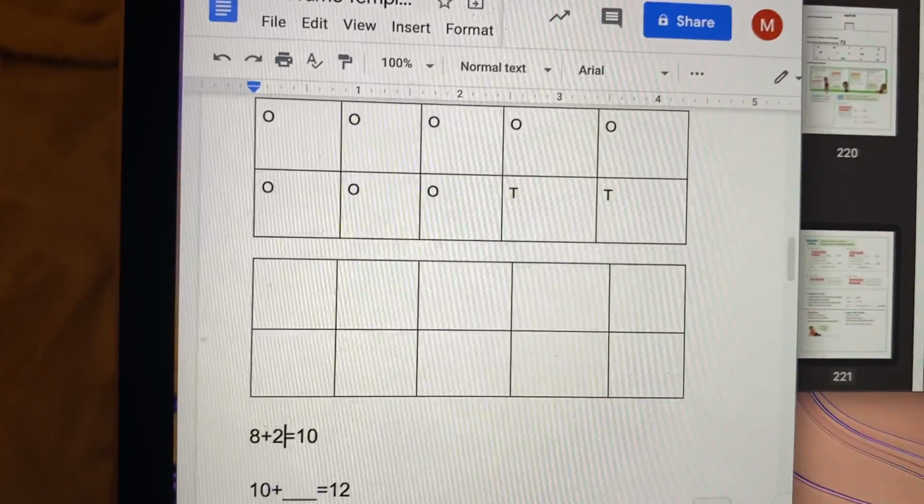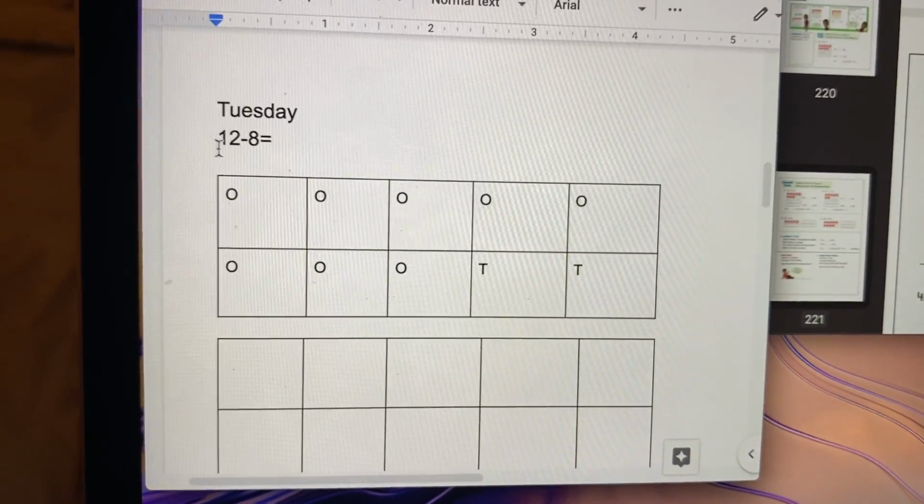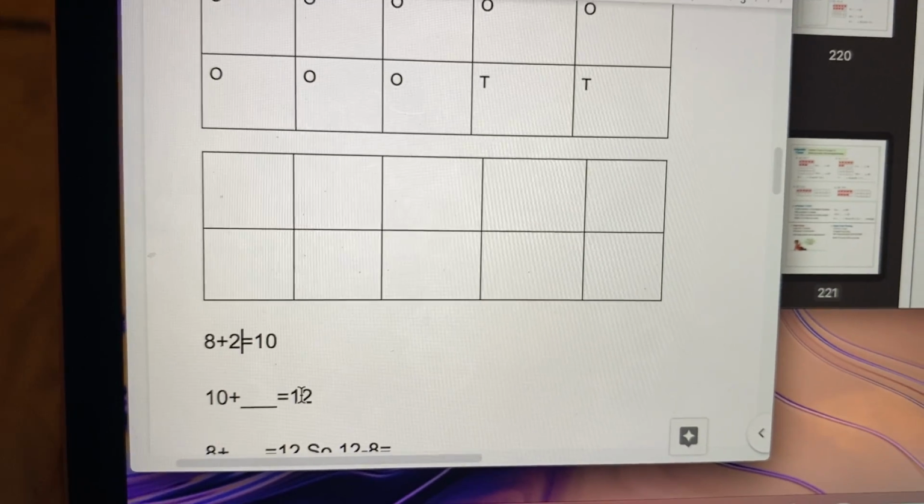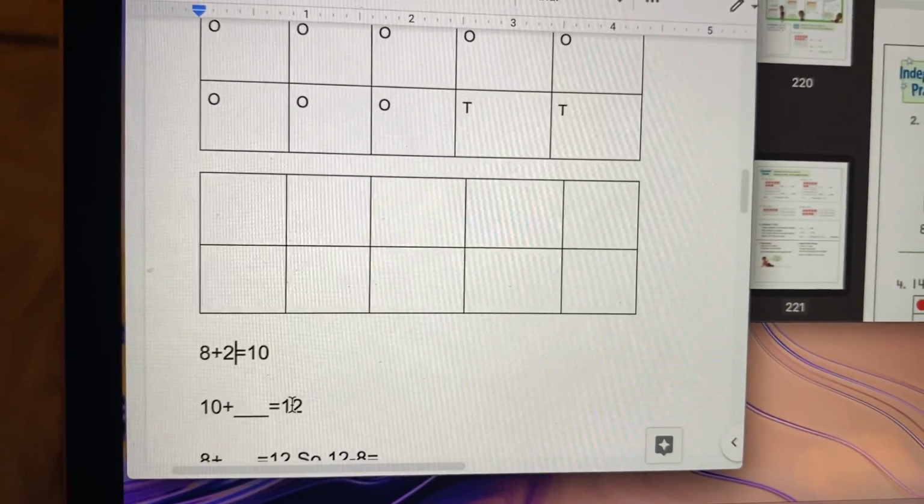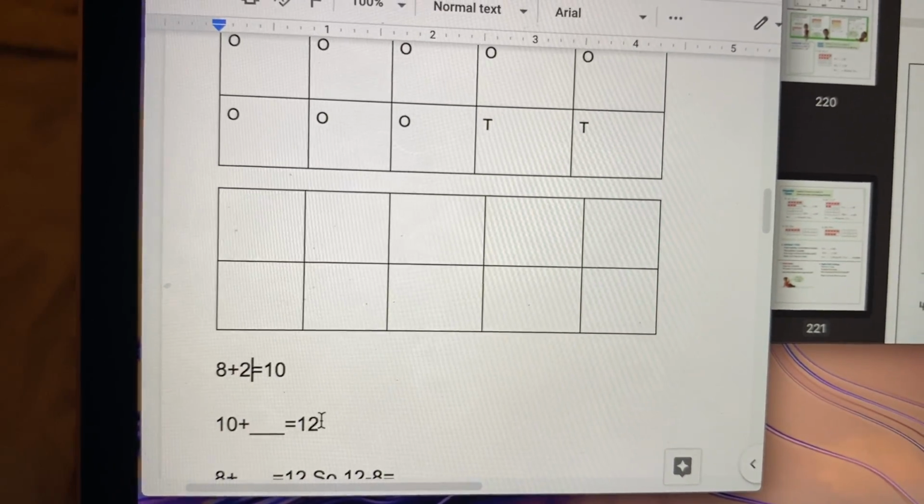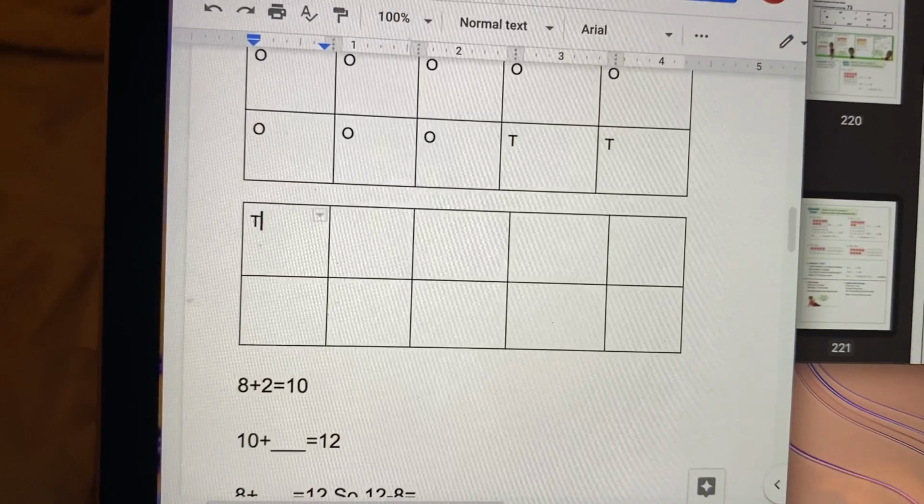But we need to get to 12 because our problem that we're solving is 12 minus 8. So we need to add more to 10 to get to 12. Again, 10 is a friendly number. How many more do we need to get to 12? Only 2 more, because 12 ends in a 2. So we're going to add 2 more